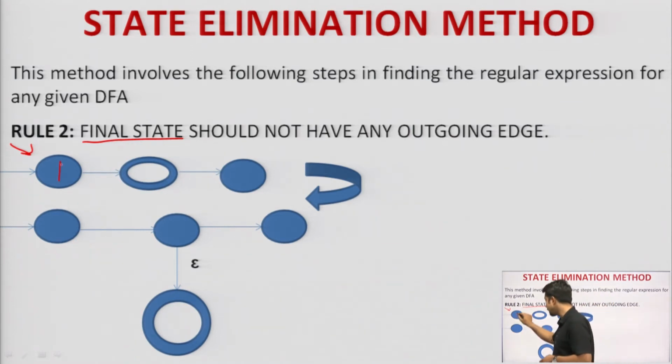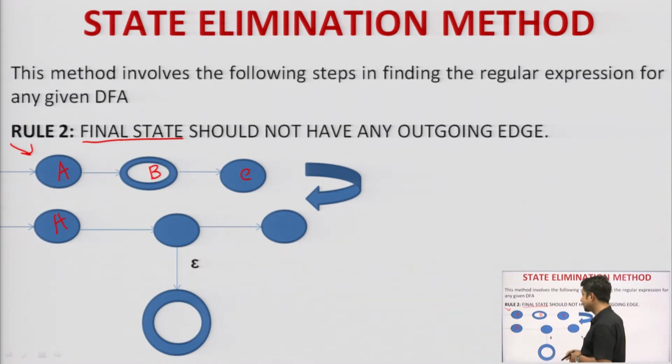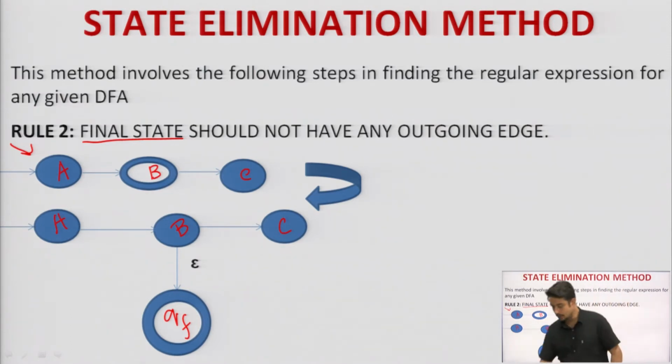Say suppose this is A, this is B, this is C. Now, A does not have any problem, and looking at the rule number 2 example, there is no incoming edge to the initial state, so it will remain as it is. Then B will be made a normal state, and I will introduce a new state as QF, and state C will remain as it is. I will simply add an epsilon transition for that. I think you can see it in the diagram given here. This is how to use rule number 2.